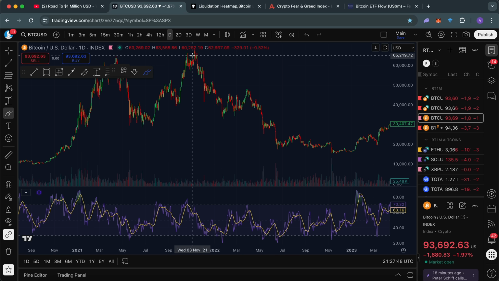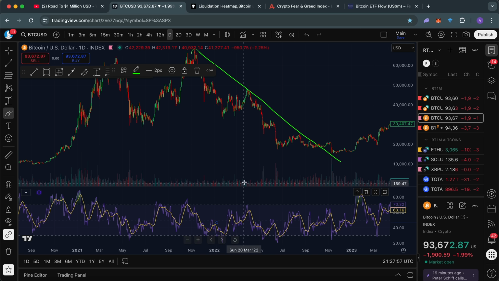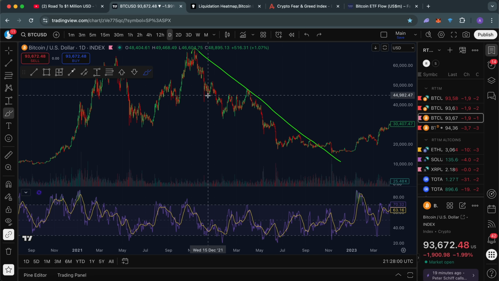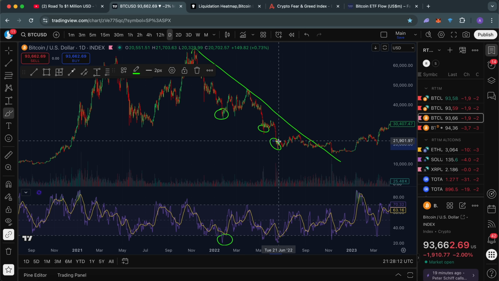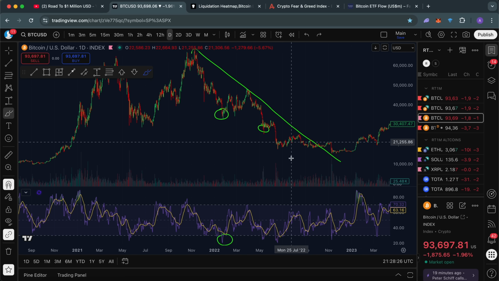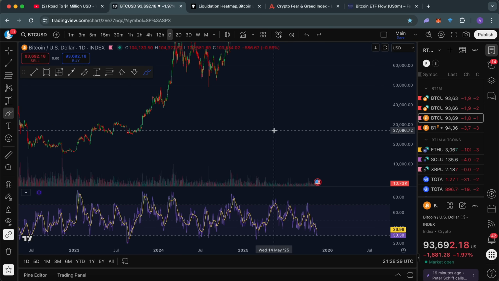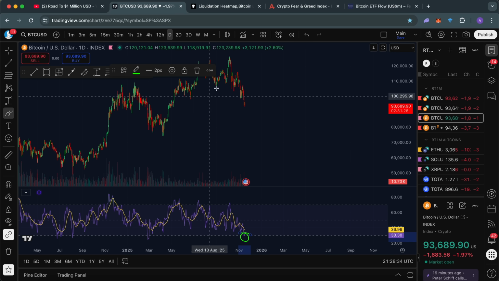But I just want to point at this and say, yeah, usually these times when we were in extreme fear and also in oversold territory on the RSI, even if you look at this bear market here from the last cycle, guys, big move into oversold territory here on the RSI, same thing here and same thing here, but all of these got some kind of bounce out of here. So even while this was in a broader downtrend, in a bigger bear market, this was still getting pumps to the upside. Now in this case, I don't want to argue in this video if this is a bull or a bear market, but all I'm saying is that typically when we are in oversold territory on this RSI, we do eventually get some kind of relief.